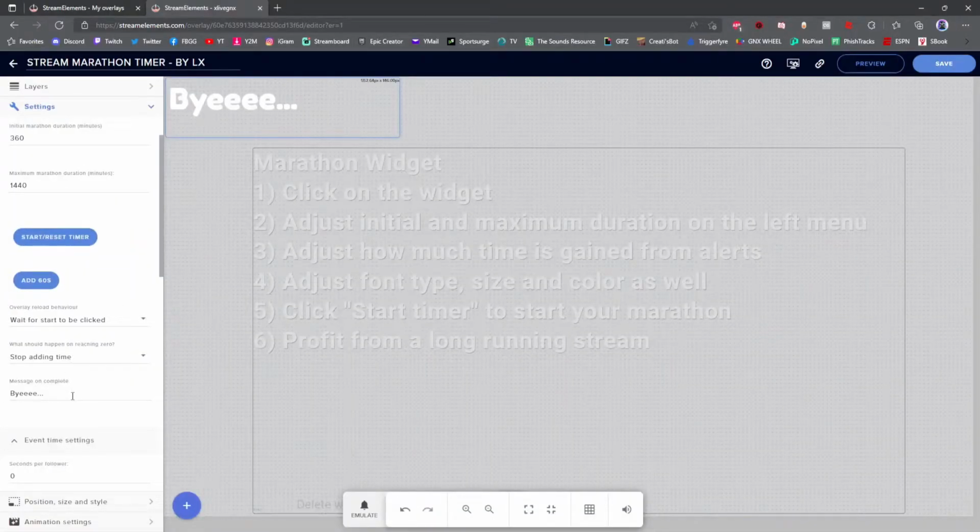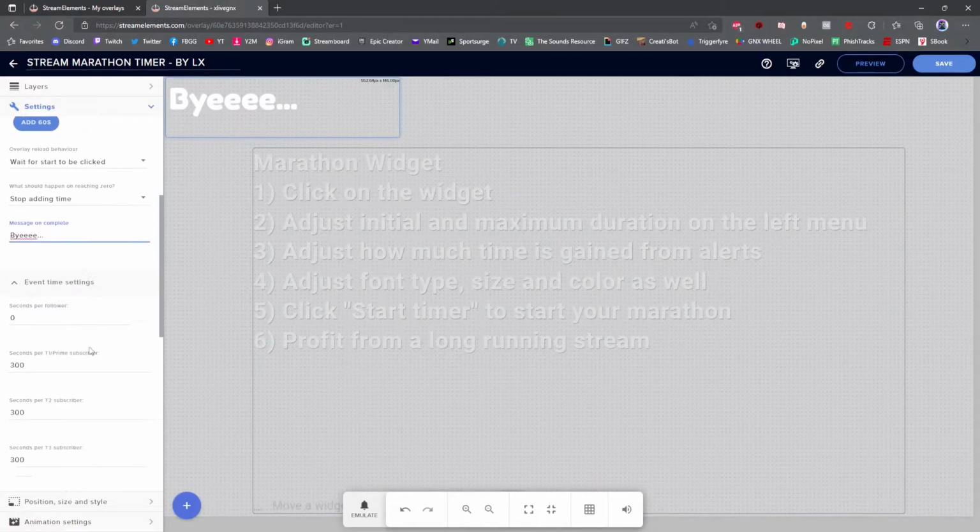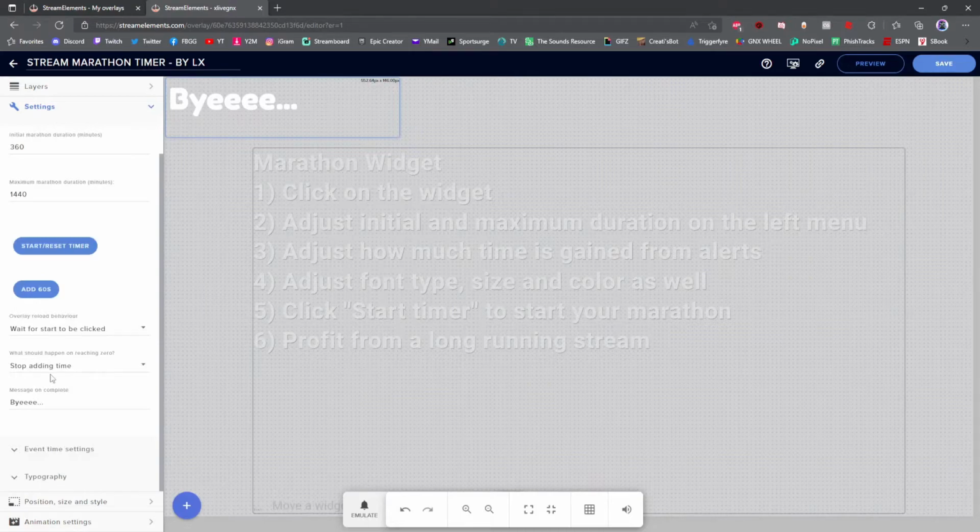All right, and below that, you can add a message on completion, whatever you'd like it to say when the timer is done. And then below that, you have